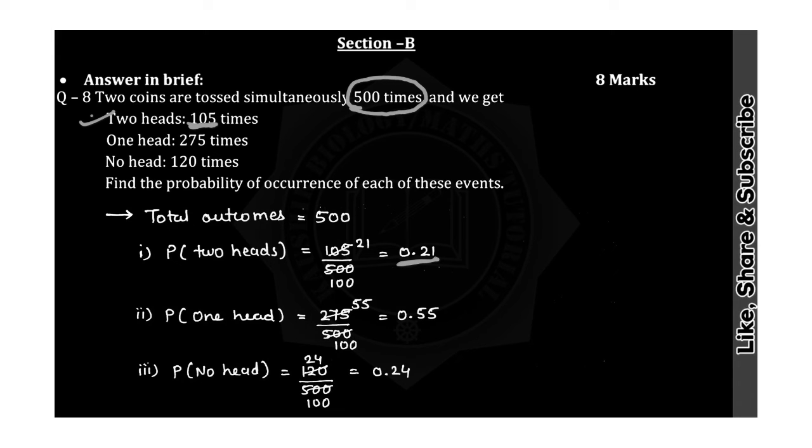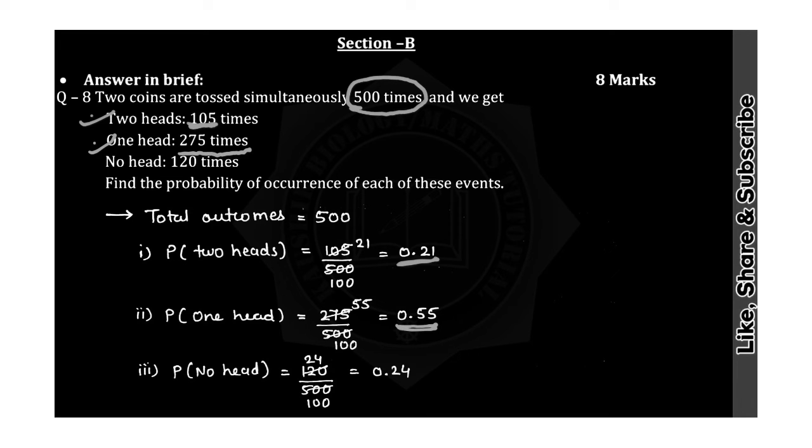Now consider the second event. So let one head come on both coins. So the favorable outcome is 275 and therefore the probability of one head coming is equal to favorable outcome 275 upon total outcome 500. Now divide by 5. So 100 5s are 55 5s are, and therefore the answer will be 55 upon 100, that is